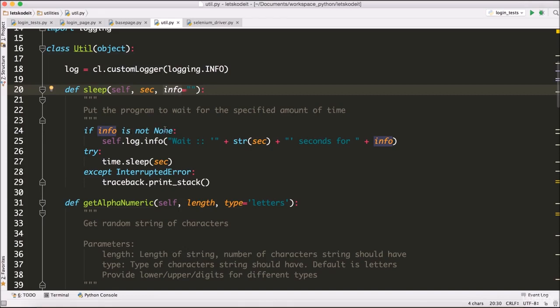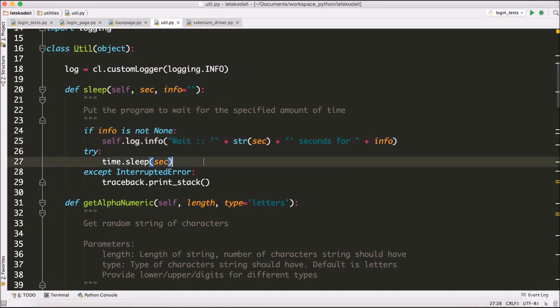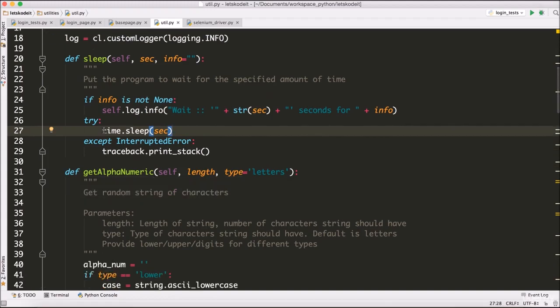So if info is not none, then I say log.info, wait these many seconds for whatever reason we are waiting for. So this is kind of a reason. And if there is no info, then we just simply wait. Nothing else. It's just using basically time.sleep. But we have wrapped time.sleep to provide better logging and better